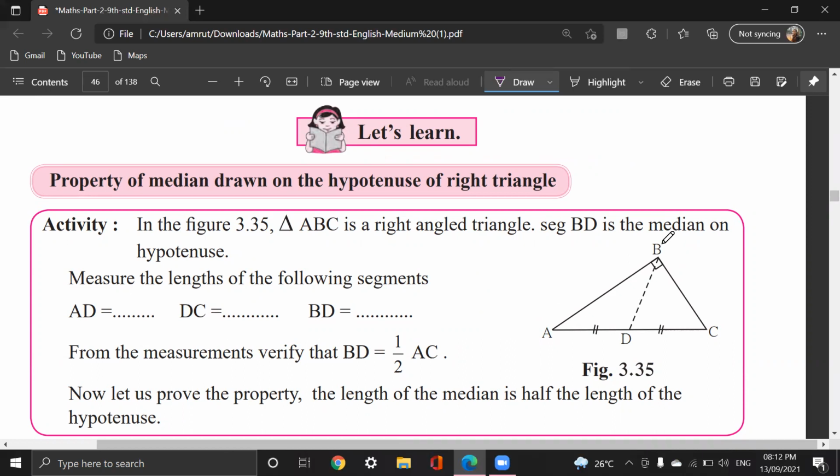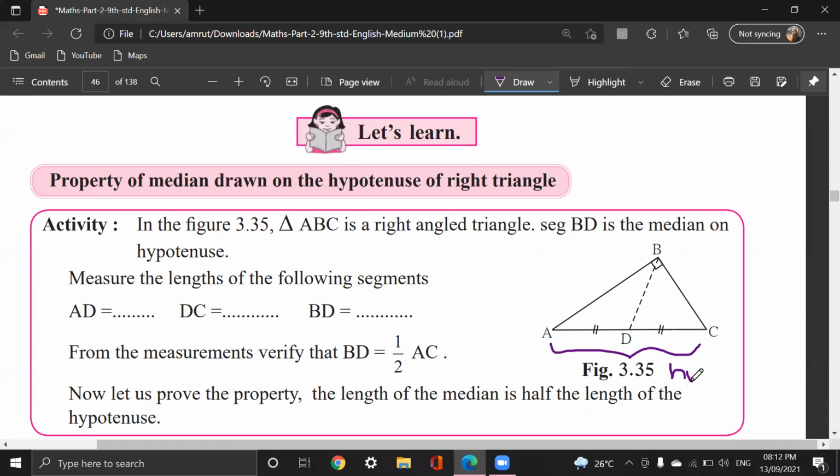From vertex B, if we draw a median to the opposite side, that median BD is exactly half of the hypotenuse. The side opposite to the right angle is the hypotenuse, that means AC is the hypotenuse,